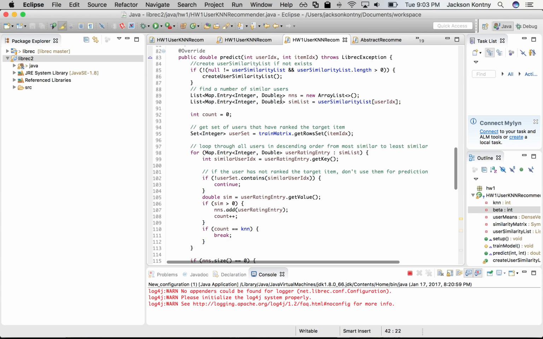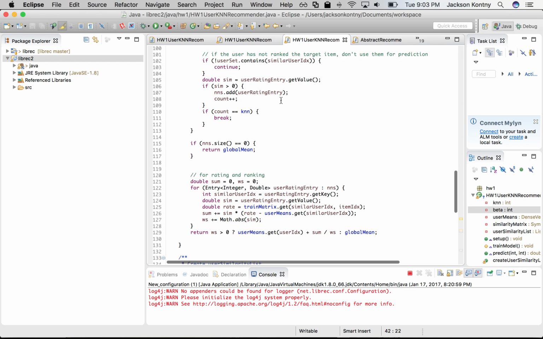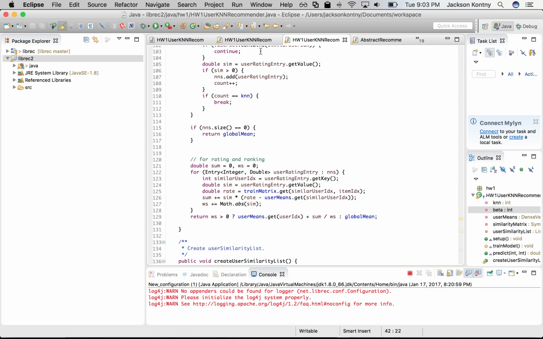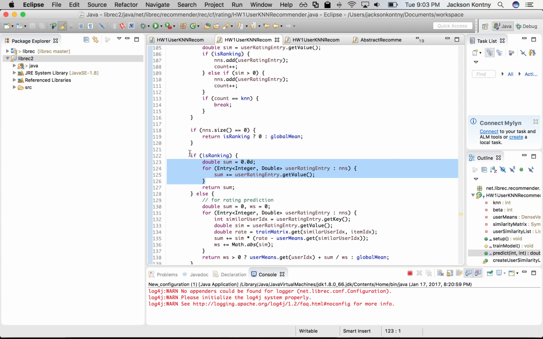Everything else is pretty much the same, except for this class we had before, which I have pulled up here. We have this is ranking thing, and it was summing up just the user entry values. These are the user similarities, and all it's doing, if we set that is ranking parameter to true, is summing up all of the user similarities. So even if we weigh the user similarities, that's great, but it's not multiplying it like it is down here by the rating. And that's what's important, because we want to take the rating of the item that we care about and multiply it by